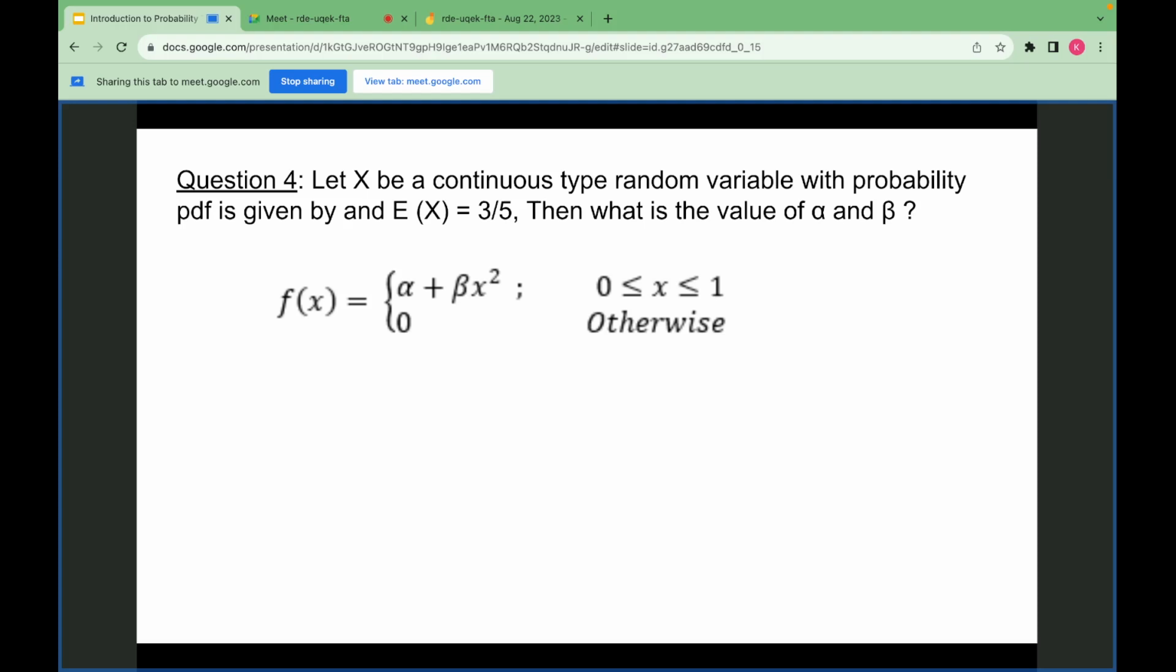So which two results are you going to use for this question? Because there are two variables, alpha and beta, we require two equations. One is that this expectation is equal to 3 by 5. So one is the integral of x fx from 0 to 1 equal to 3 by 5. And another will be